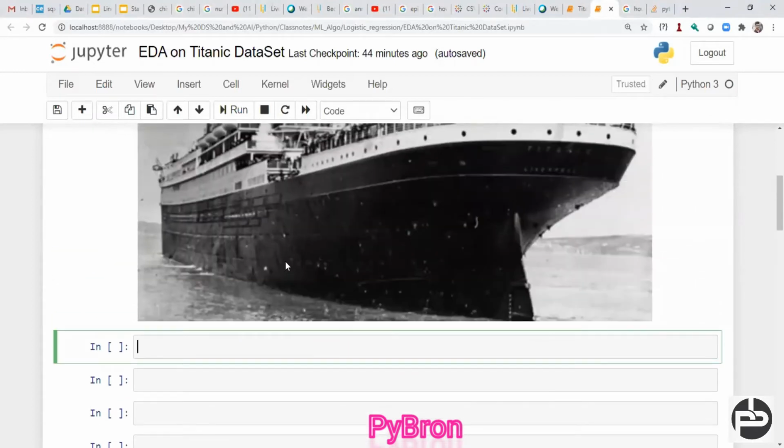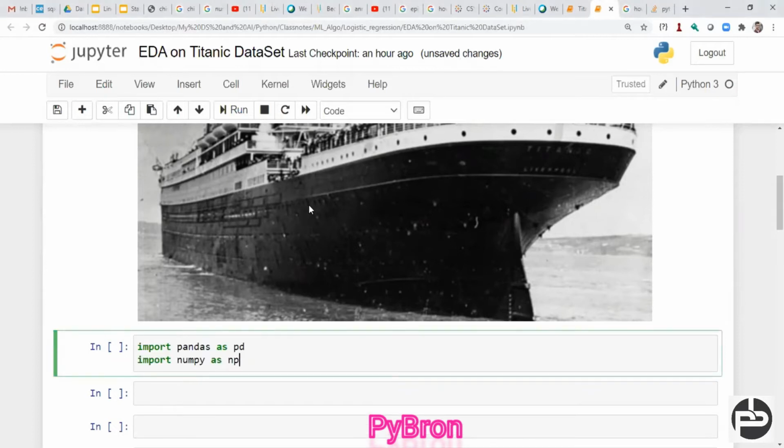Now, how are we going to do all those things, and what EDA are we going to apply on top of this? First, let's import the data set, which we do every time. Before importing it, we have to import the packages which are useful for that: NumPy and Pandas.